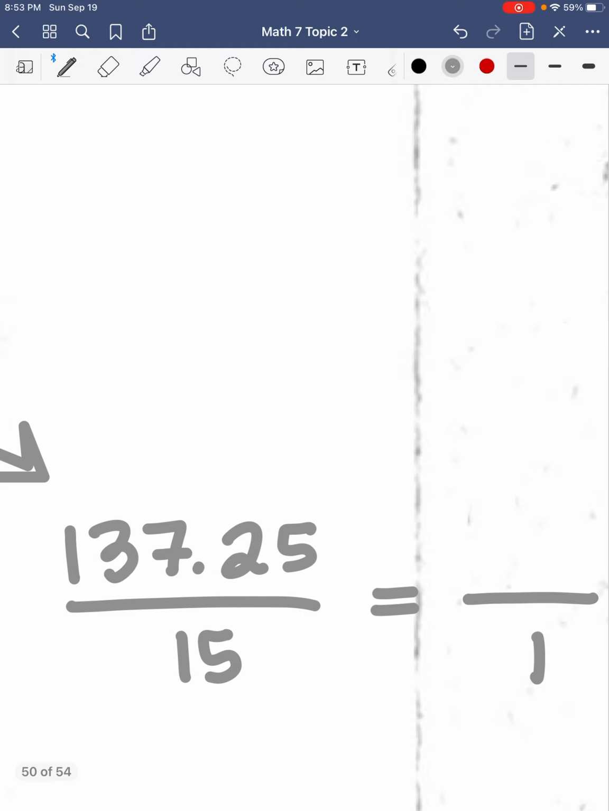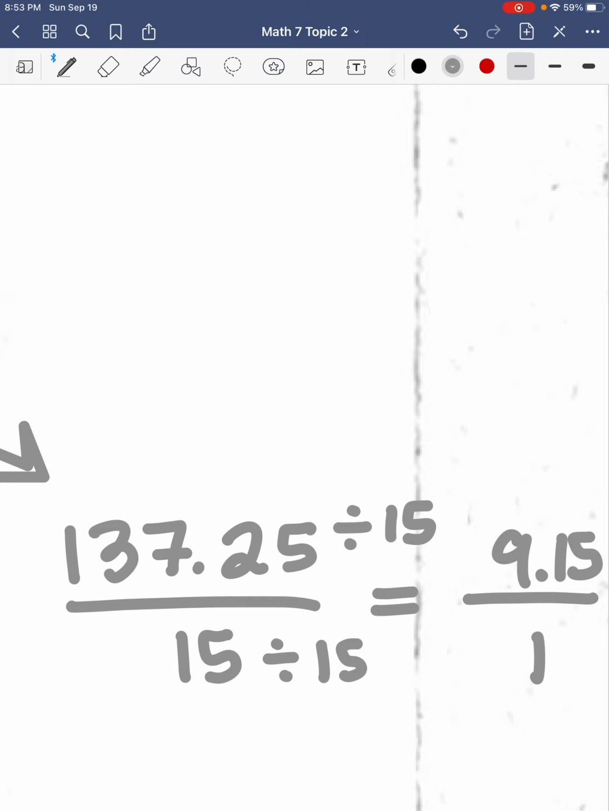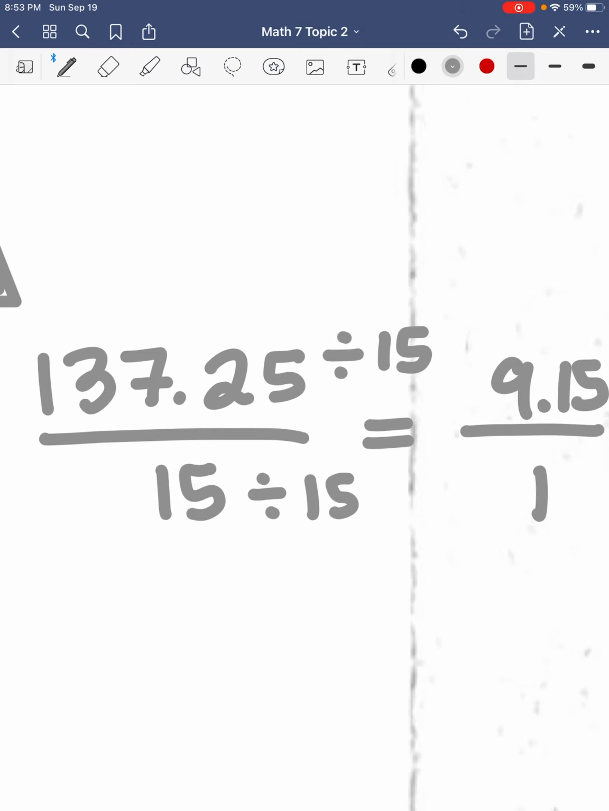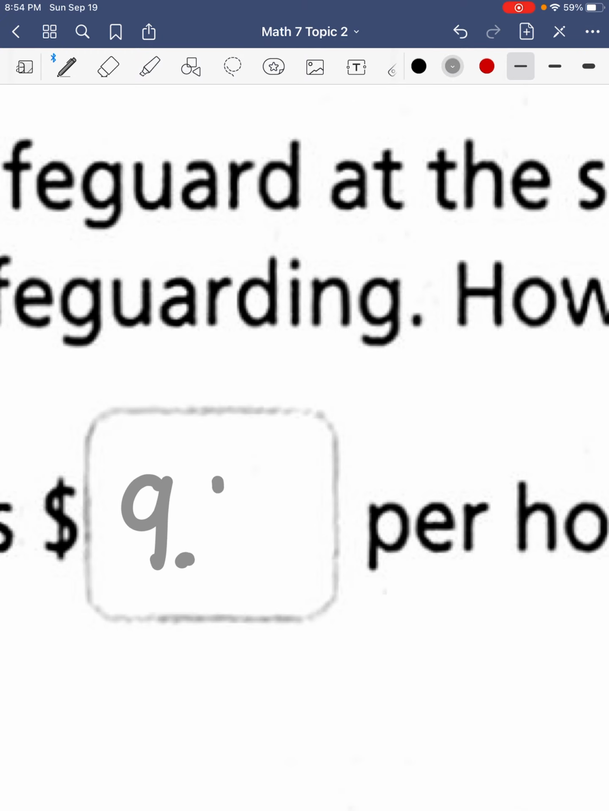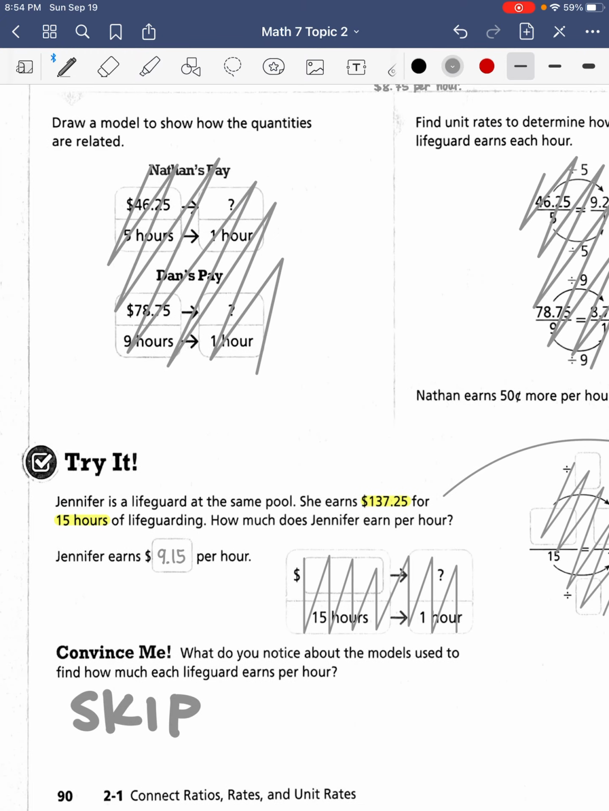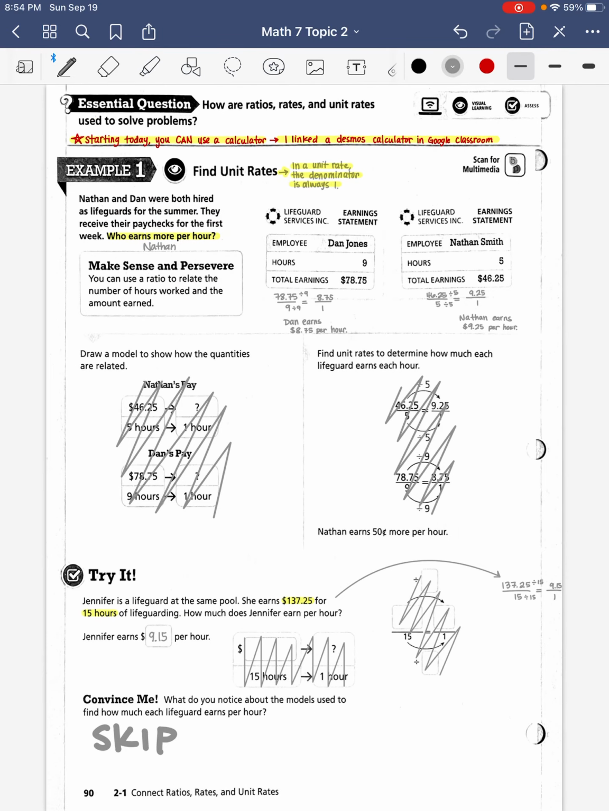So how do I go from 15 to 1? Well, I divide by 15, right? So I'm going to do the same thing on the top. I'm going to divide 137.25 by 15. And when I do that, I get 9.15. So what does that mean? Well, that means that she earns $9.15 per hour. So we'll fill that in right here. She earns $9.15 per hour. We're going to skip the convince me